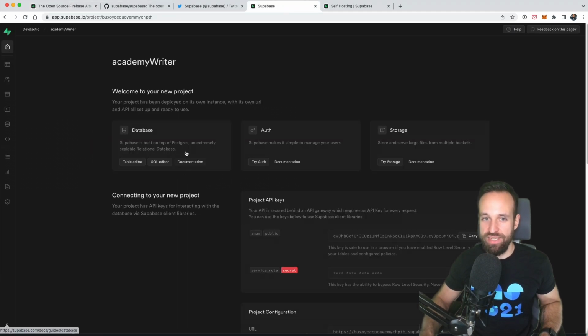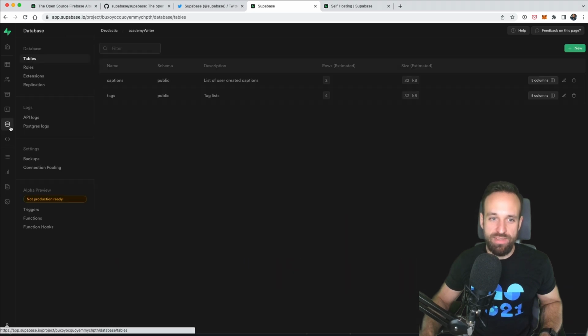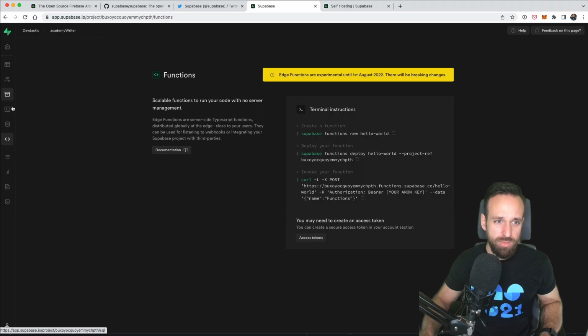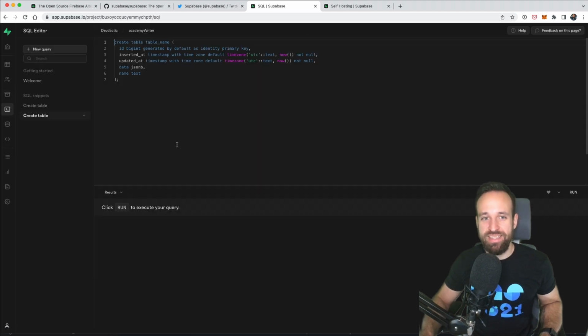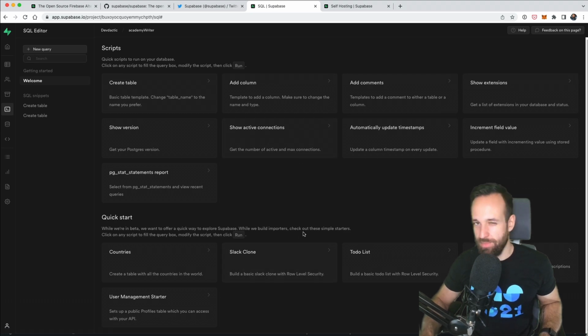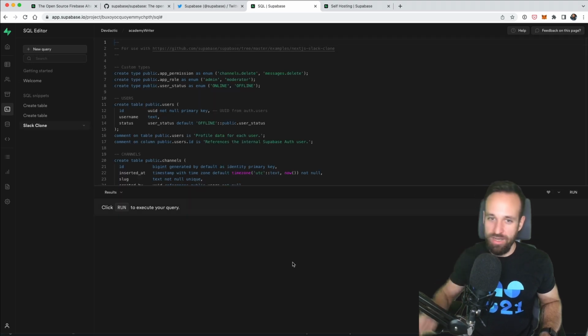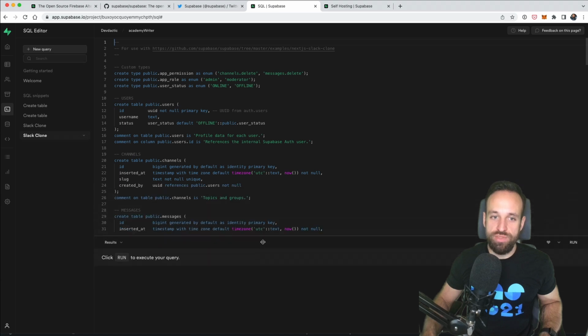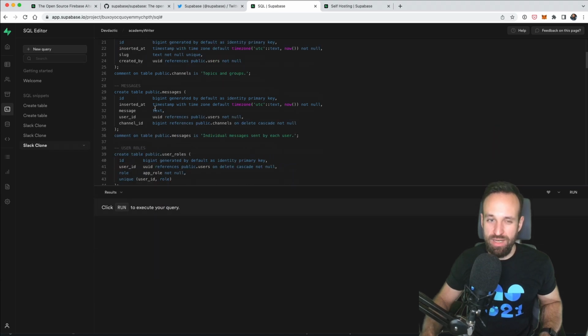Otherwise, if you're just an indie maker, regular small developer, getting started with Supabase is pretty easy. You just create your tables. Somewhere in the SQL editor, they got some snippets. So you gotta play around with SQL if you wanna use Supabase. Yes, there are certain snippets here that you can use, like a Slack clone, but of course that won't cover all your needs of your application. But those are pretty cool snippets. You have to learn a bit of SQL.